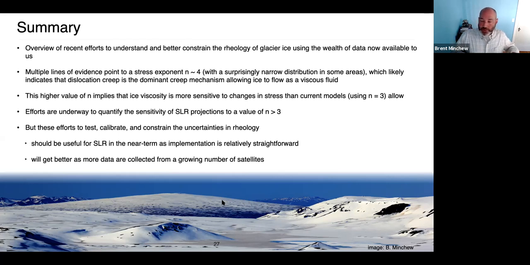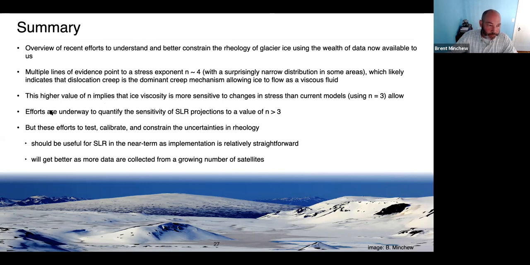So multiple lines of evidence that we presented here and that have been published in the literature, particularly in the last few years, point to a stress exponent for the rheology of glacier ice of around 4, with, at least in Joanna's work, a surprisingly narrow distribution in these particular areas, and especially the extensional and relatively undamaged regions of the ice shelves. Right, and this all likely indicates dislocation creep is the dominant creep mechanism that allows the ice to flow